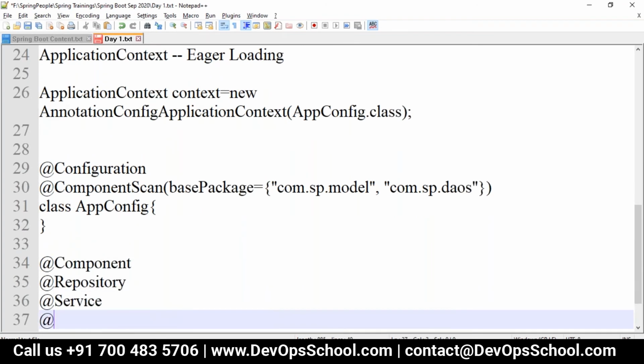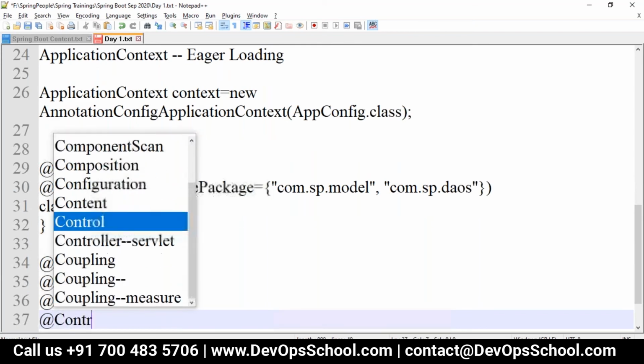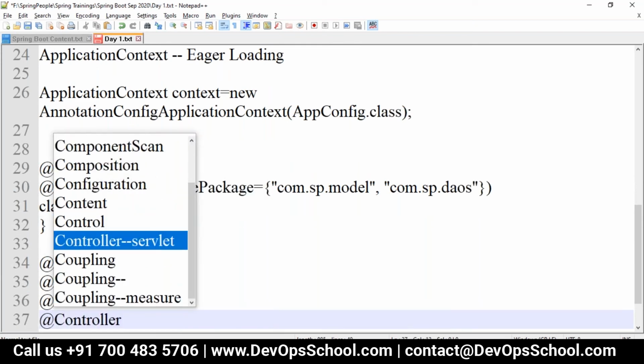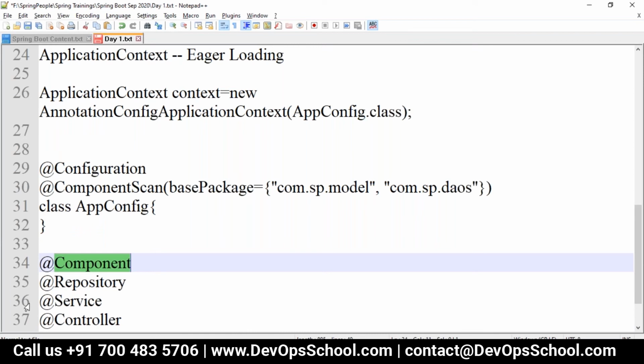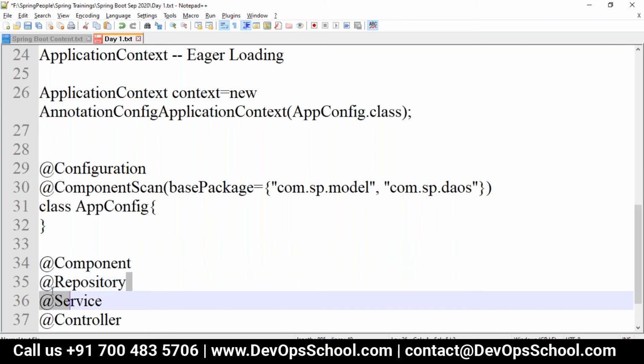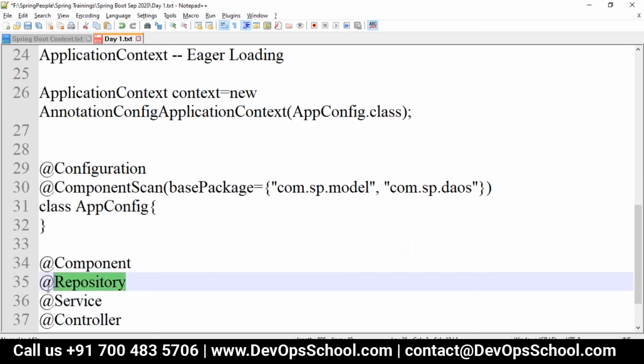I'm sorry to interrupt. Is it just for readability, or does Spring internally have a meaning for it? See, all these are stereotype annotations of the component itself. If you mention it as a component, it works the same. If you make it a repository also, it works the same. There is no difference in the working. It's only code readability, so it represents that it is doing a database job and it is doing a service job, taking a request and giving a response.